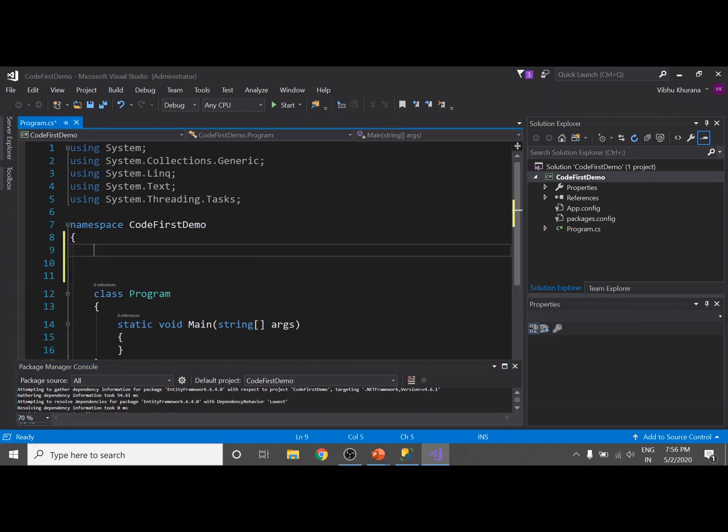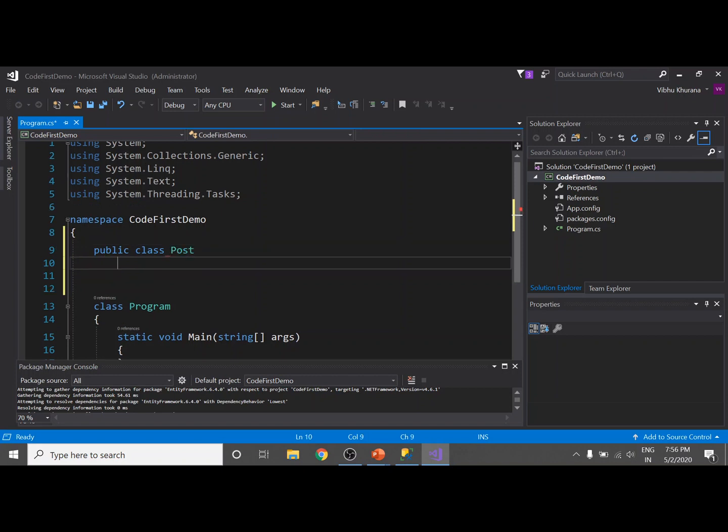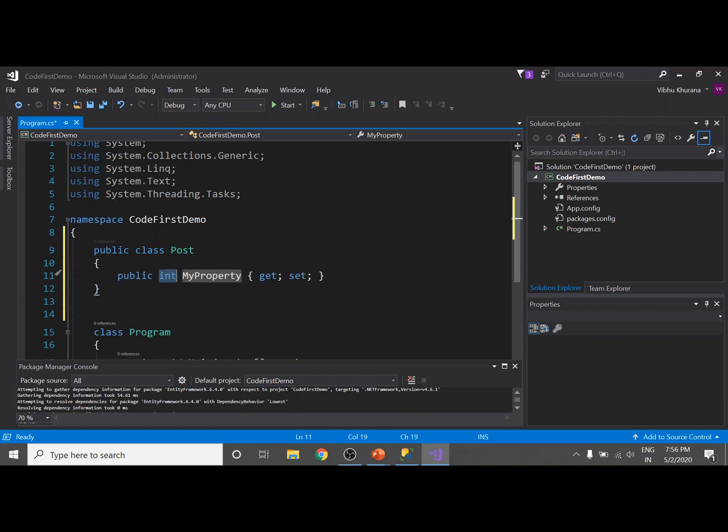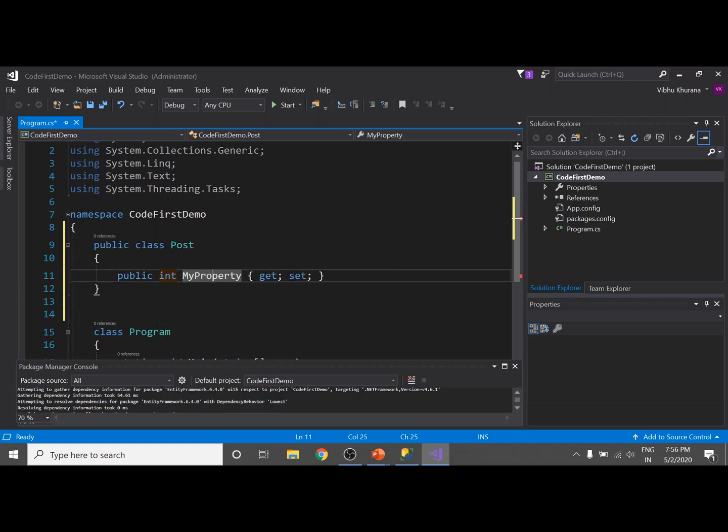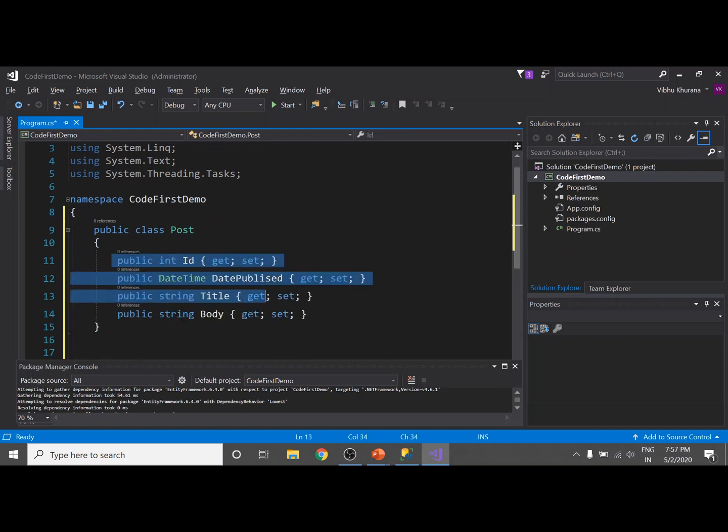Here we need to create a new class called post. Here I have added a few properties to this class, and you see that this class looks exactly the same as the one that Entity Framework created for us in the other video.